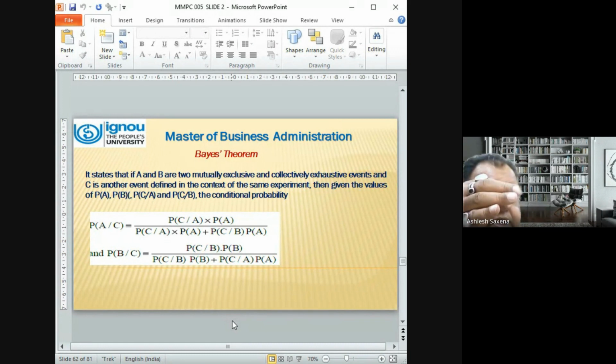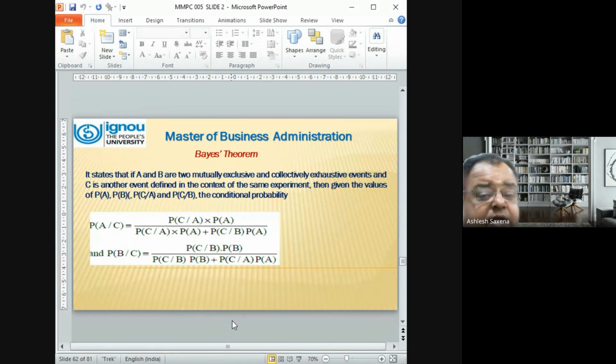मैंने आपसे ये कहा कि C इवेंट की प्रोबेबिलिटी मुझे निकालनी है, अगर उसकी कंडीशन हो। इसमें कंडीशन फॉर्मूला क्या है, तो मैं हिंदी में बताता हूं आपको। P(A/C) में numerator में P(C/A) into P(A) upon probability of P(C), यानी P(C/A) into P(A) plus P(C/B) into P(A)। सिमिलरली अगर मुझे B और C की निकालनी है तो ऊपर C/B और B आ जाएगा, नीचे A, B, C आ जाएगा।